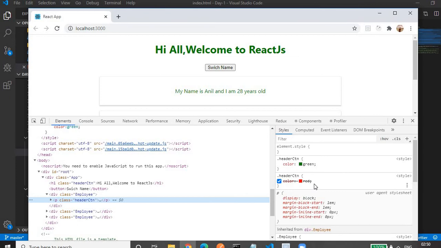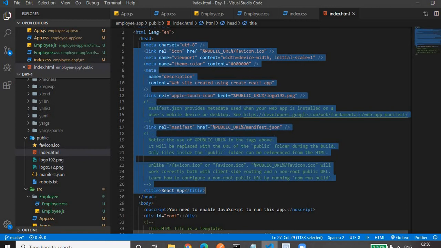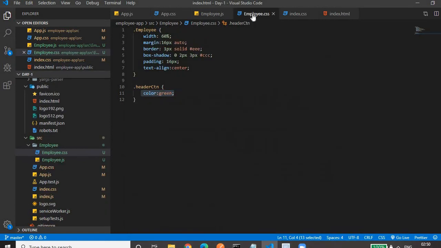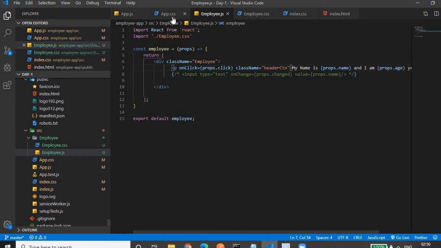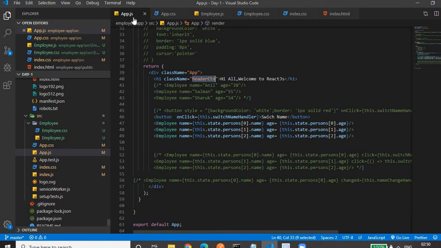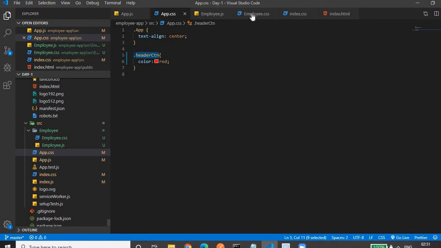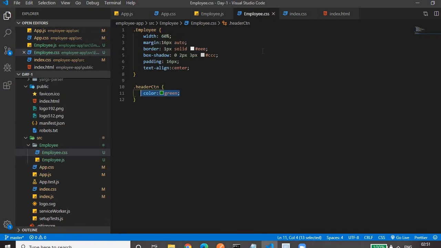So in this way, what I want to prove here is that whatever CSS files we are using, even though we use this one in employee.js and app.css in app.js, these CSS files are global. If you use the same class name in some other JS file, then that CSS will get applied.